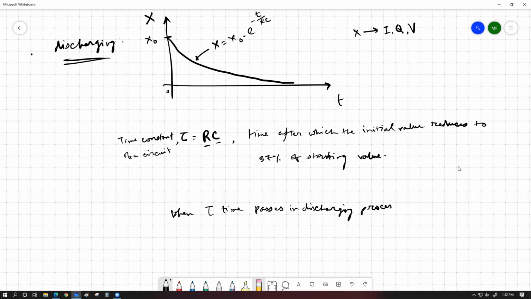So let's say we do not know how much time is tau. So we're trying to define the tau value. That's what I'm trying to show you. This is sort of a reverse calculation, so it might look a bit weird, but that's how it has been defined in our syllabus. So bear with me. When tau time passes in the discharging process, the remaining